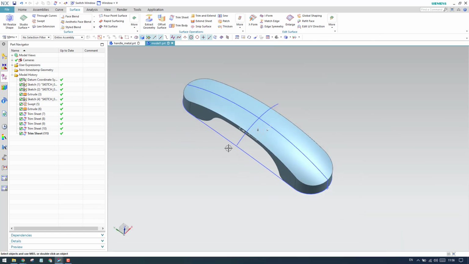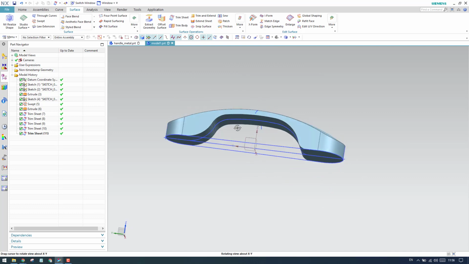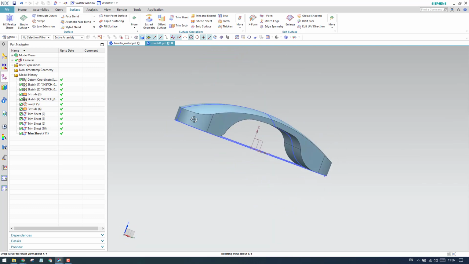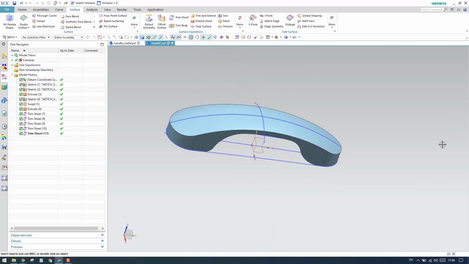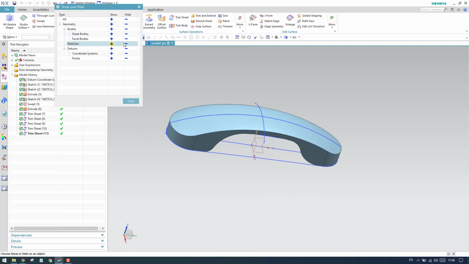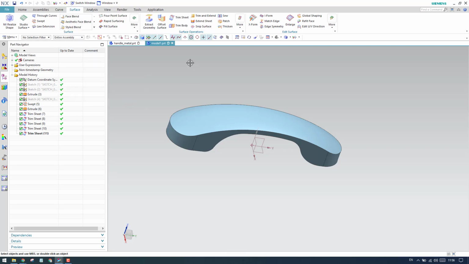Now our receiver entire body is completed. As you can see here, this looks great. So now let me hide all the sketches that are not required for us. Hit Ctrl W, this show and hide window will open, and whatever items you want, you can just show here and hide them if you want.